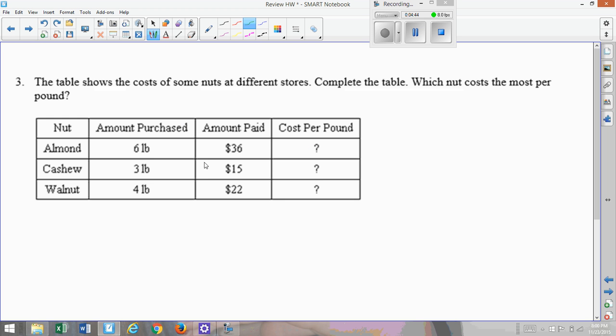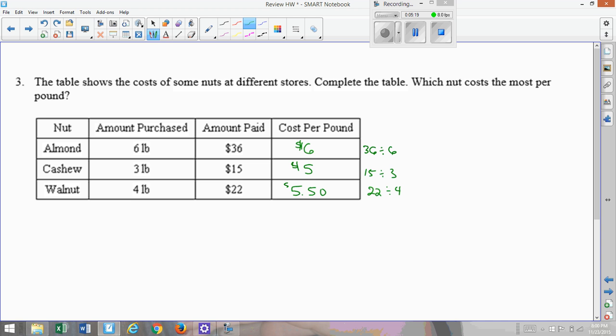The table shows the cost of some nuts at different stores. Complete the table. Which nut costs the most per pound? Okay, so we would do 36 divided by, gives us per pound. 15 divided by 3 gives us $5 per pound. And 22 divided by 4 gives us